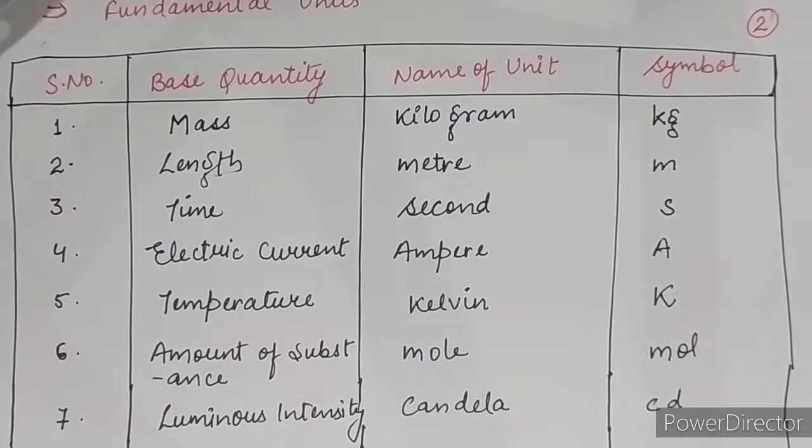So actually the MKS unit of force is kilogram meter per second square. Okay, but Newton was the scientist who first gave the concept about force. So the name has been given after the scientist, Newton, and denoted by the first alphabet of Newton, that is N. Similarly, the unit of work is joule, as it has the unit kilogram meter square per second square.